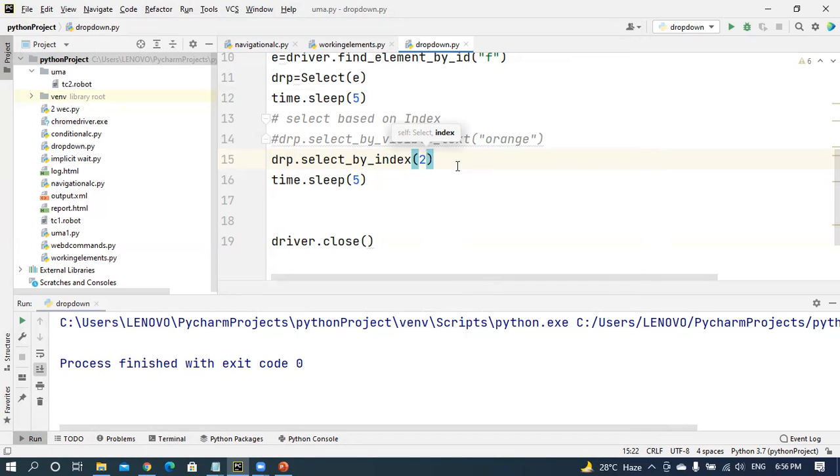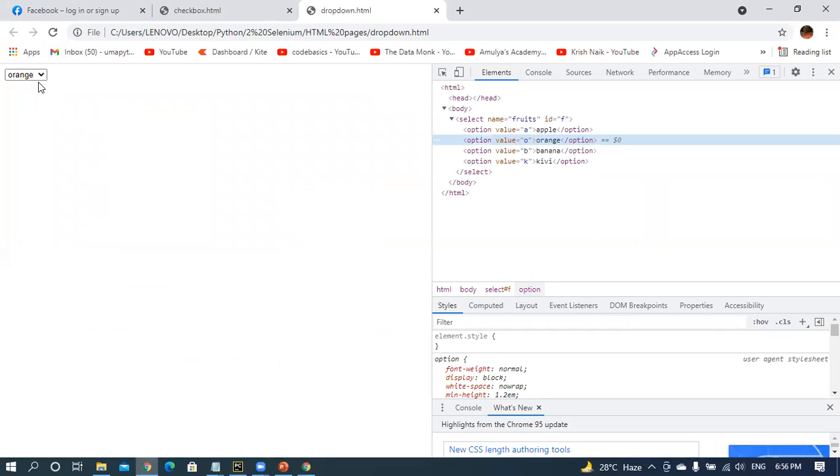Then execute this one. What happened? What is the second index value? Execute this one. Initially apple is there. What is the second index value? Apple, banana. See here, the second index is, that means initially apple is the 0th index, orange is the first index, and banana is the second index.